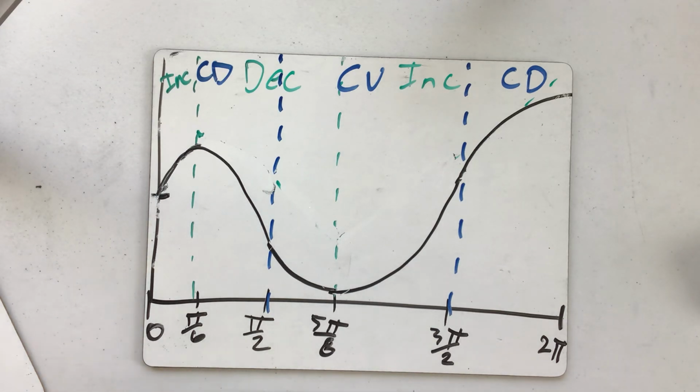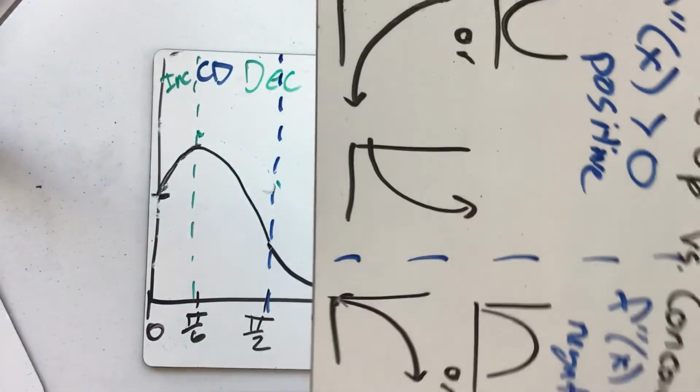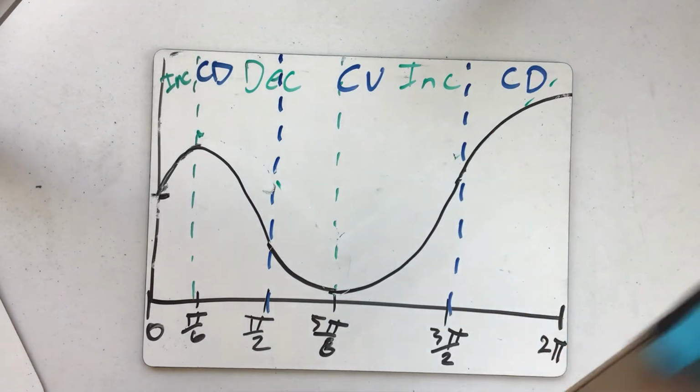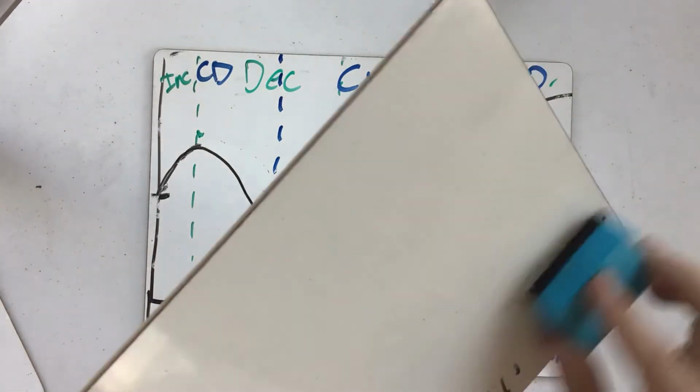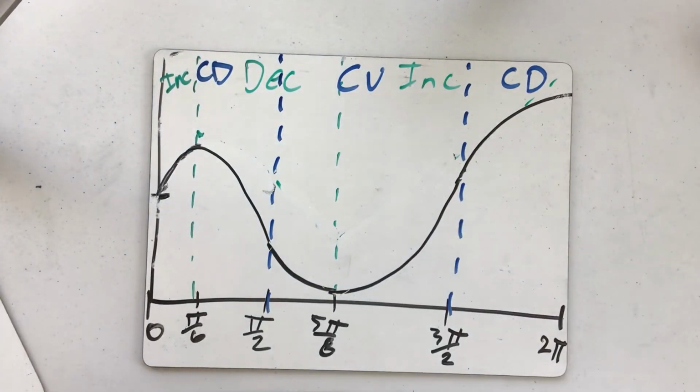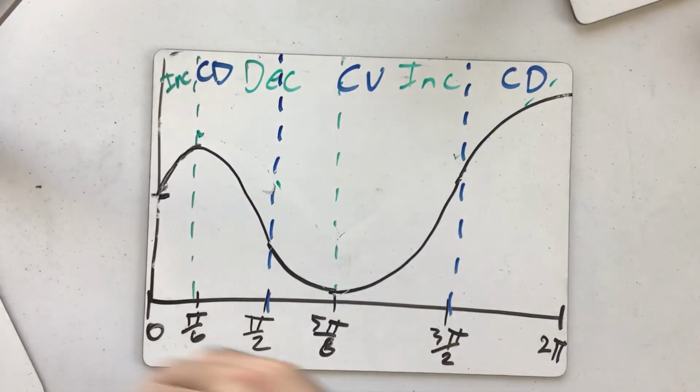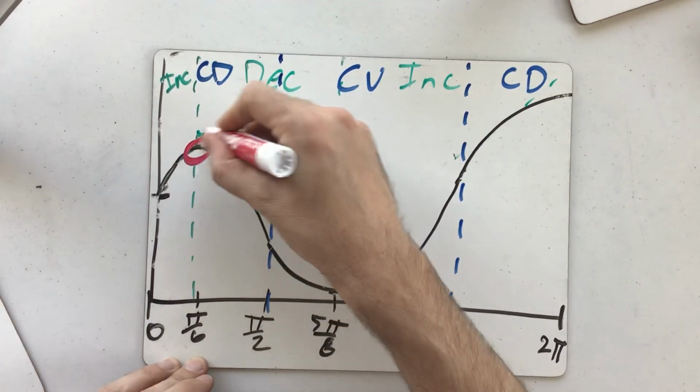I want to talk about one other principle, and the last principle I want to talk about is what we call the second derivative rule, or the second derivative test. The first derivative test was just a way of finding maximums and minimums by looking at where our function increases and decreases. And by the way, if you look on here, you can see here's our maximum,